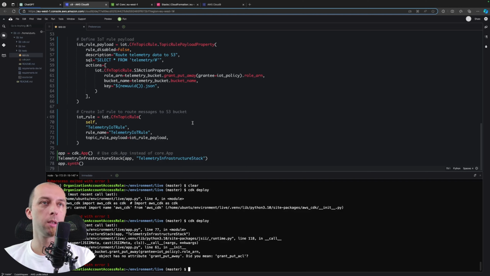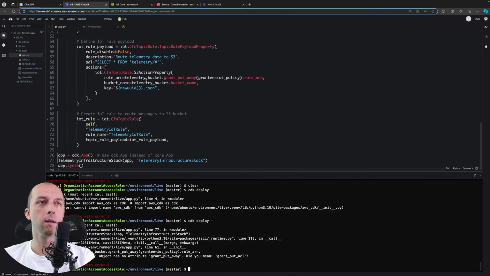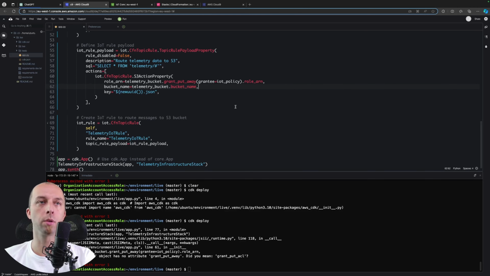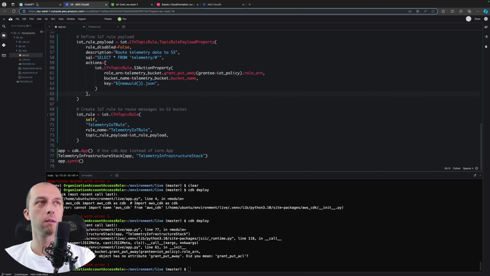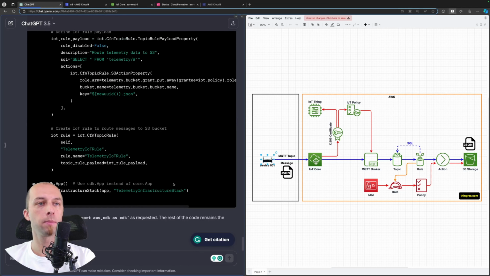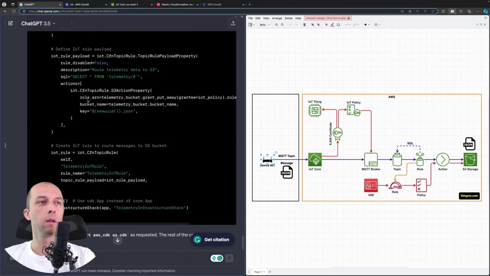Yeah, so this is what I'm afraid of. This role ARN, this syntax is not what I was expecting, and as you can see, chat invented that syntax for us. Unfortunately, AWS CDK is not supporting that, so we need to fix this line, and in order to do so, I will ask